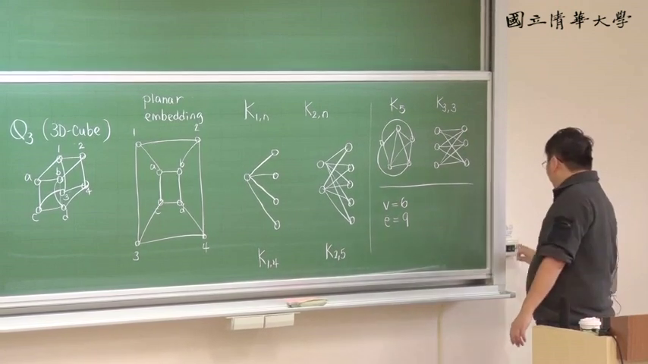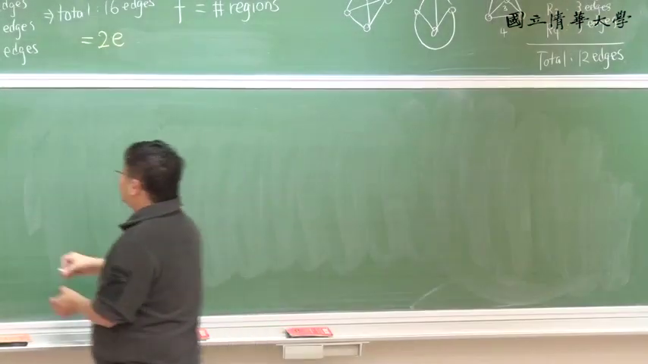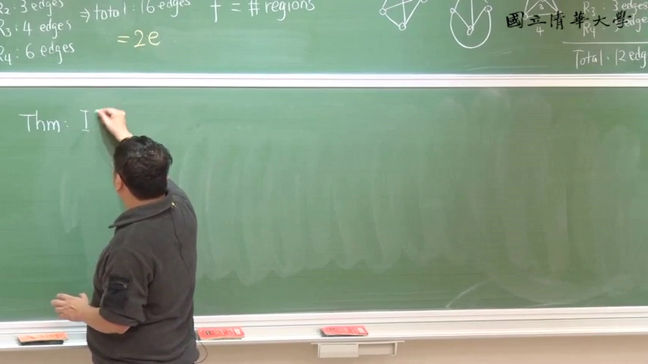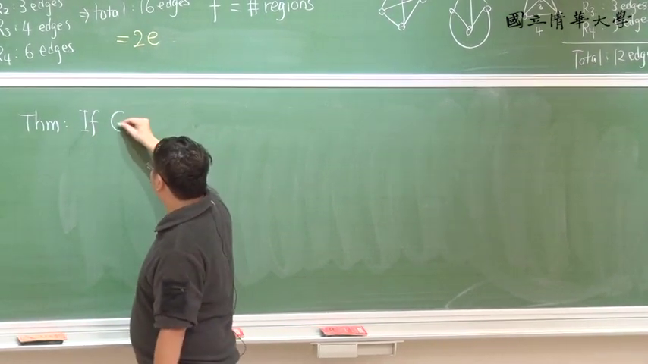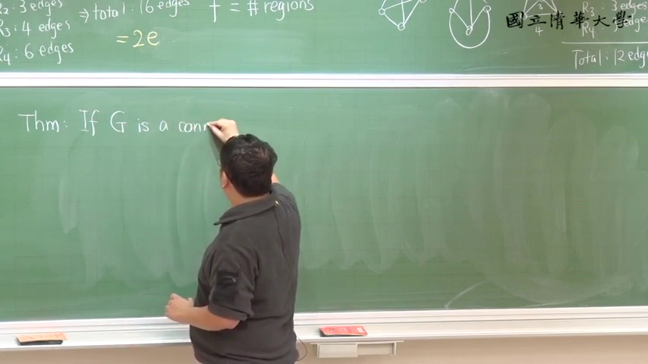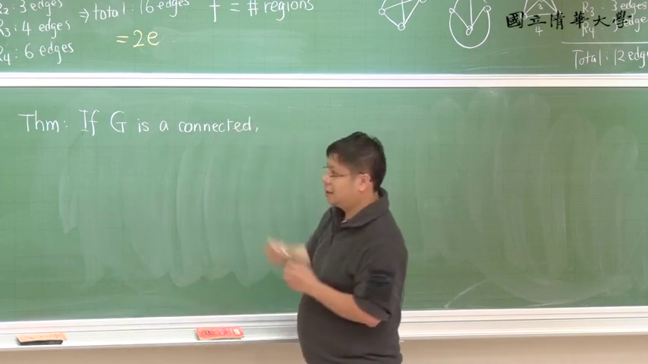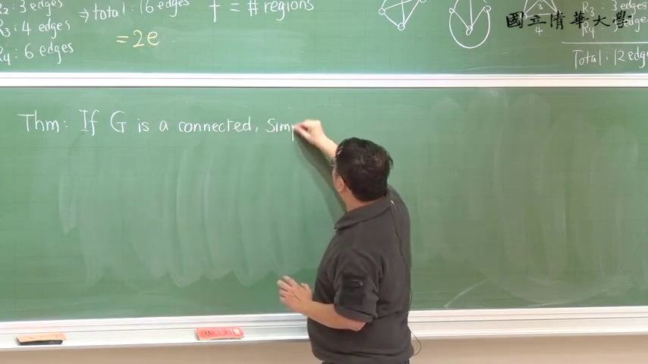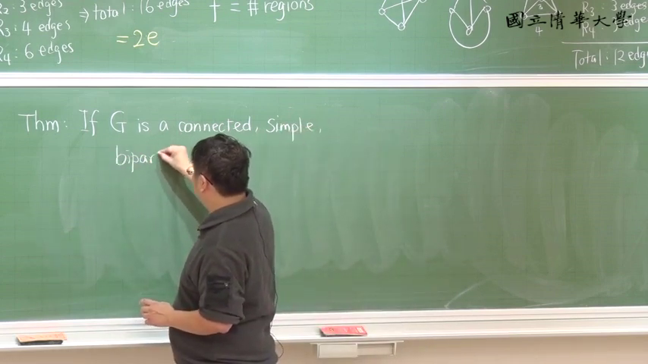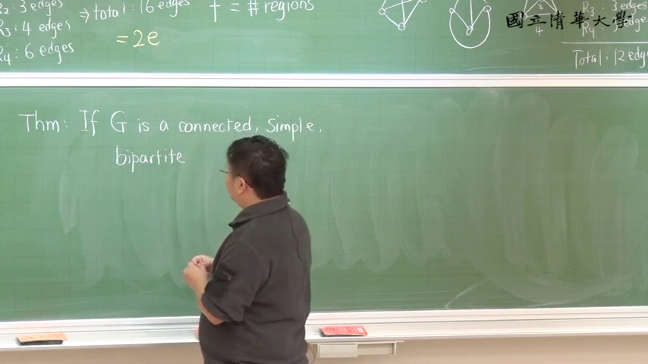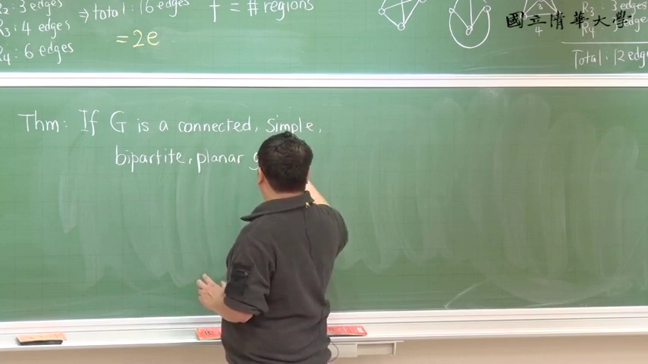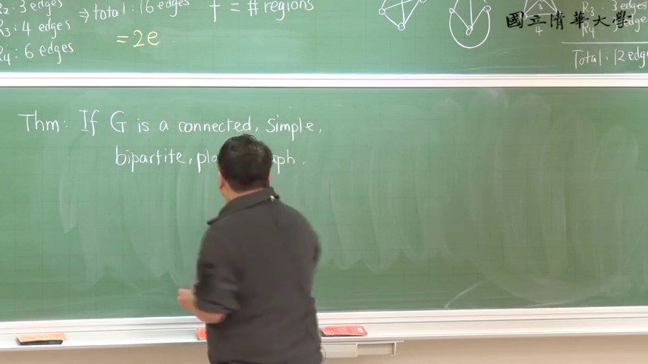Okay, but then we just need a little twist. So we have another theorem. This time, if G is a connected, simple, bipartite, planar graph,